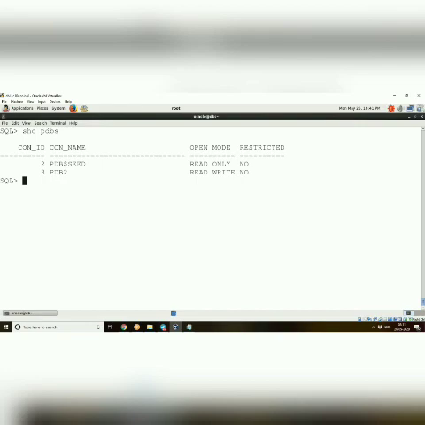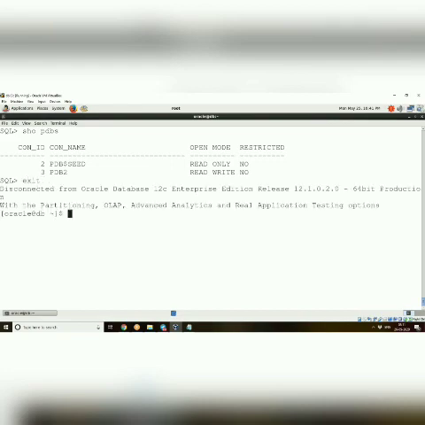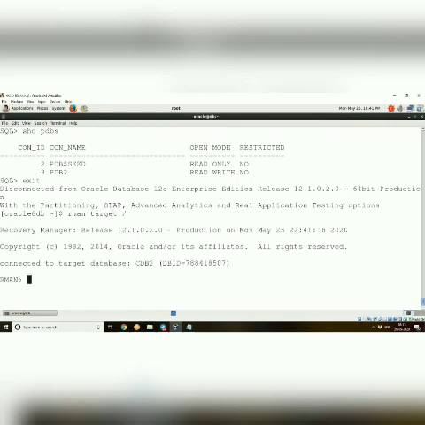I have to take ORMAN backup. So I'll type exit, ORMAN target /. This is no catalog database. Already we have done using catalog database backup. We went into the other database and we created the catalog, isn't it? We created one user in the other database, and then using the catalog database we have taken backup, right?